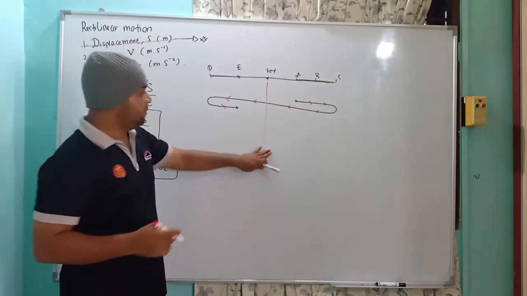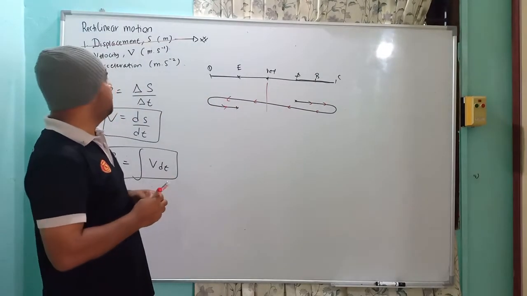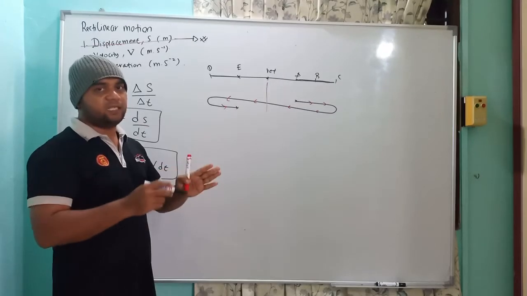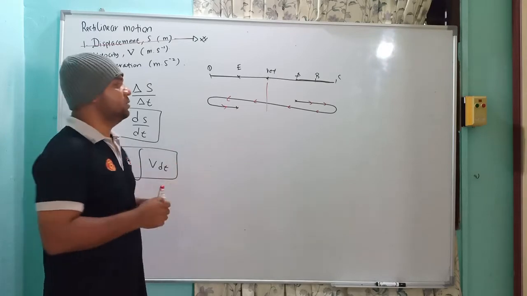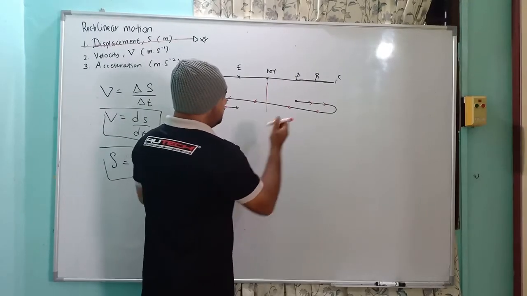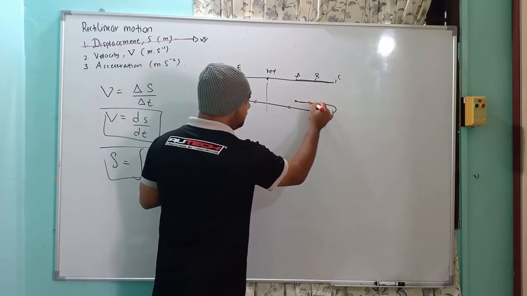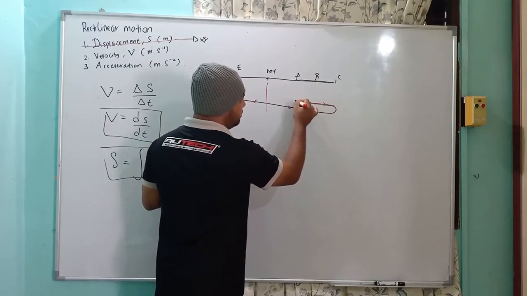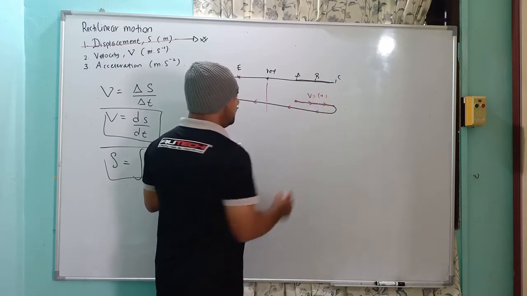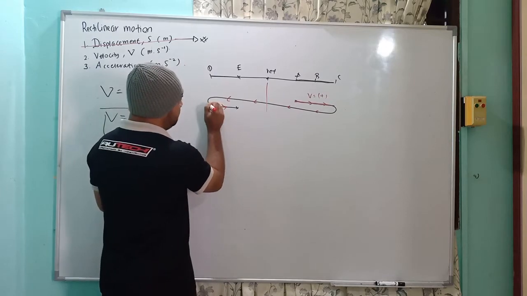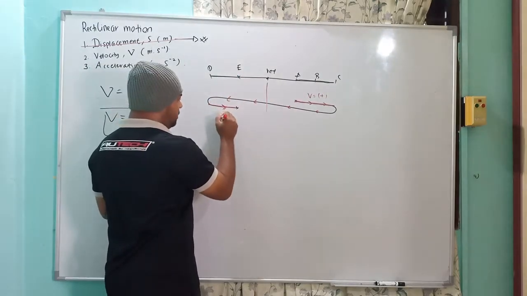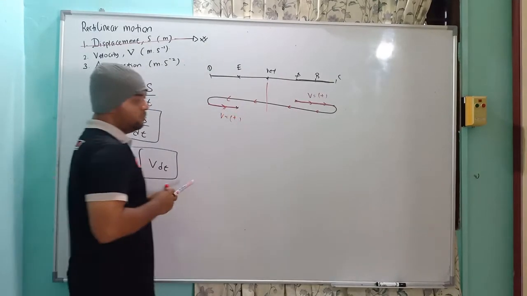For the displacement, they put all the components to the right as positive, to the left as negative. But for the velocity, the positive and negative depend on the direction where it moves, not the location. Okay, so for example, when it moves in this direction, all the velocity is positive. Same as this one, moving in this direction, even though it is behind the reference point, v equals positive.